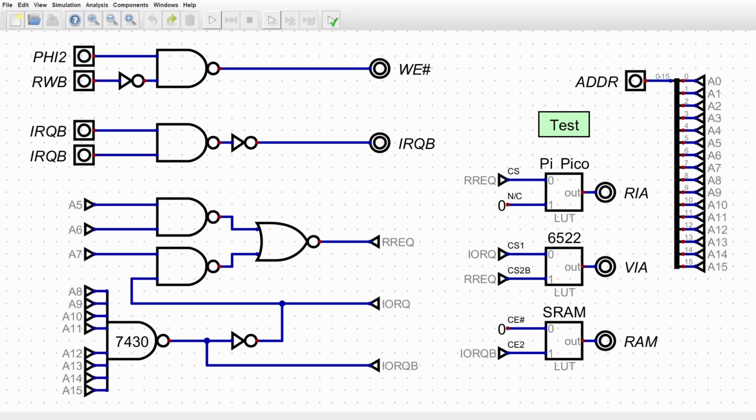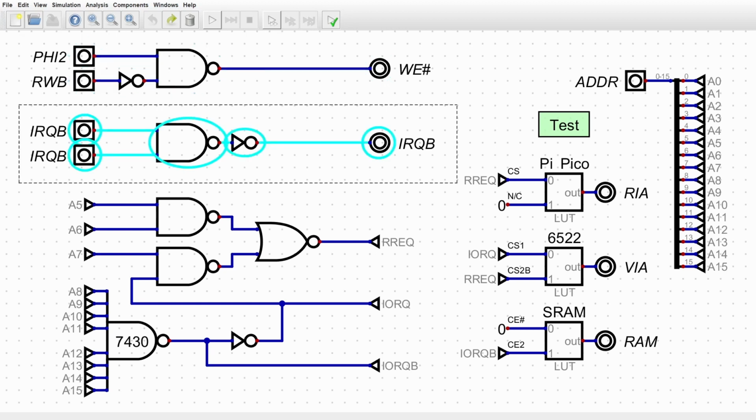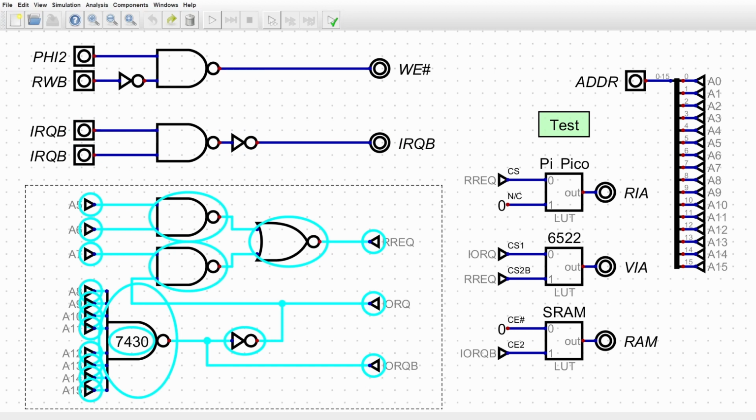Those of you who experiment more with the hardware side are probably anxious to see what the logic chips do. The Pico computer will use clocks and power from the PyPico boards, but it still needs a few traditional gates. The first NAND here is needed to synchronize RAM writes. The 6502 updates the address bus at the same moment the read-write signal switches. This circuit prevents write corruption during that transition. The second NAND combines interrupt signals. Both the PyPico RIA and 6522 VIA will generate interrupts. You may have seen this as open collector logic on other systems, but the 6522 I'm using needs to be ORed. The rest of the logic is address decoding.